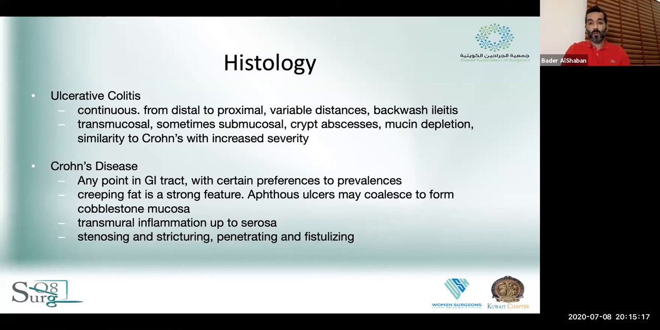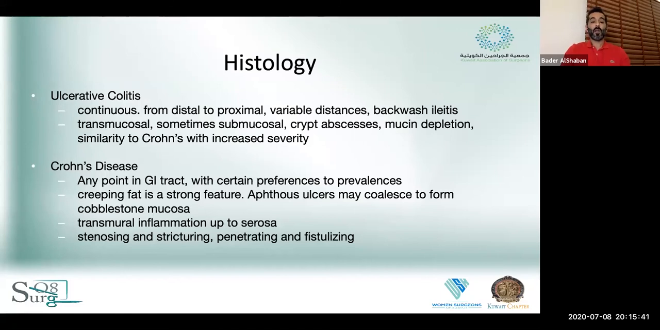UC. The distal tends to be from the splenic flexure going downwards. Some patients might have what's called backwash ileitis. If they have an incompetent ileocecal valve, you'll have some backwash of the inflammatory materials that are causing similar inflammation in the terminal ileum. It's transmucosal. Sometimes it goes to the submucosa. As it progresses further, it can cause crypt abscesses and mucin depletion. And as it decreases in severity on a histological and pathological examination, it tends to become more and more